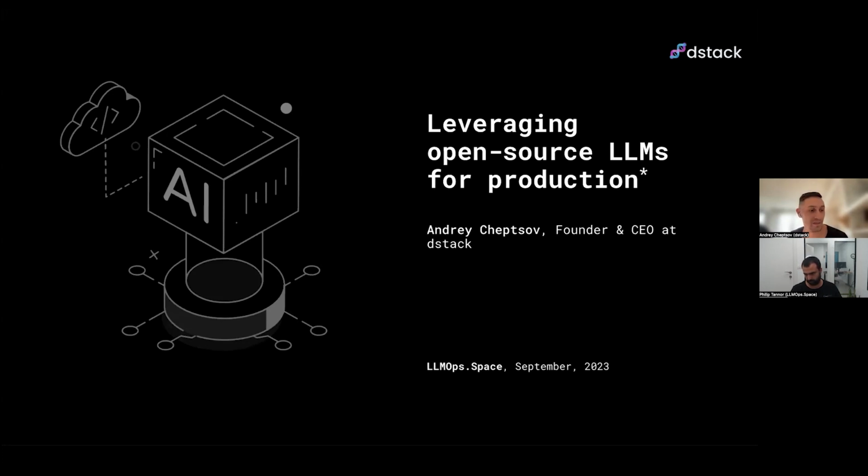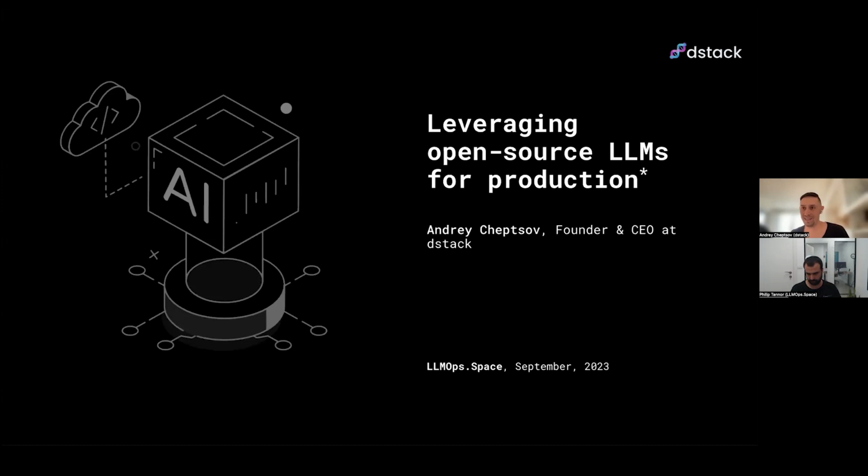If you are already an expert in open source LLMs, you're probably not going to hear anything new, but if you are about to learn about open source LLMs and would like to systemize these basic concepts and knowledge, I guess that would be a great fit.